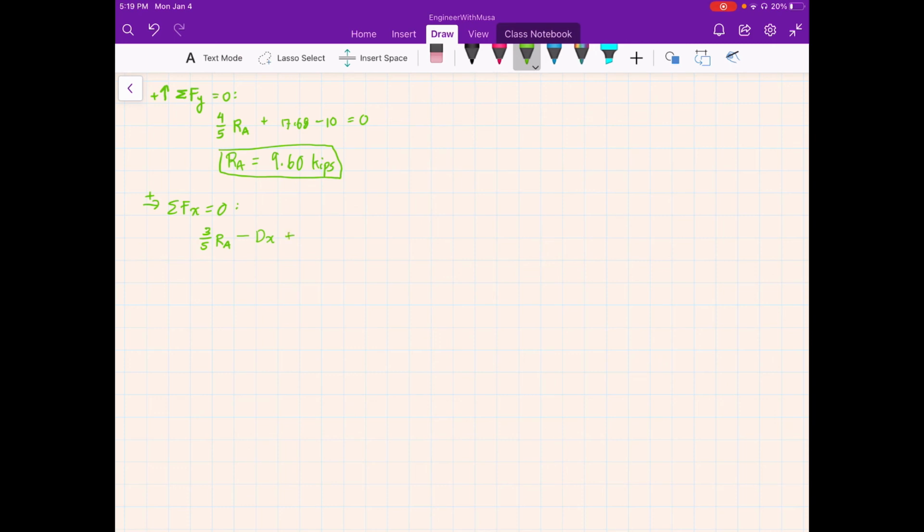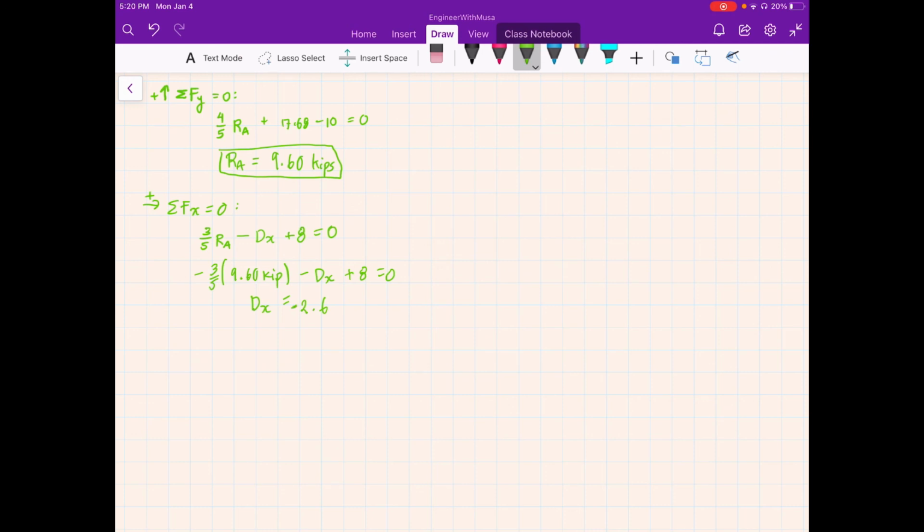Minus DX plus 8 is equal to 0. Then we have minus 3/5 RA, which is 9.60 kip, minus DX plus 8 is equal to 0, therefore DX is equal to 2.63